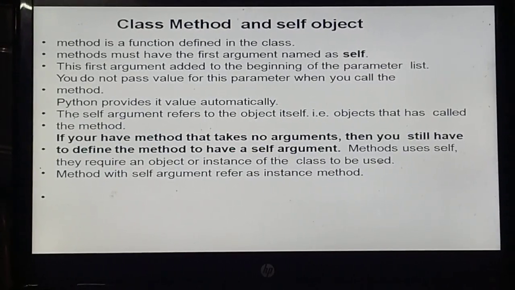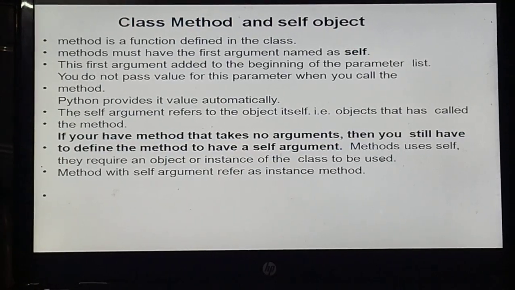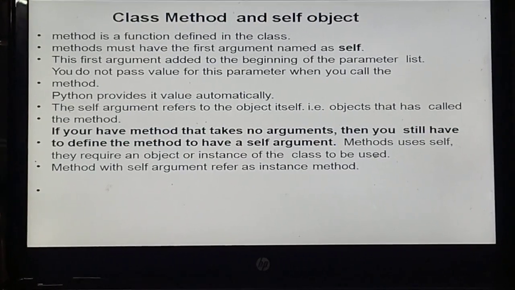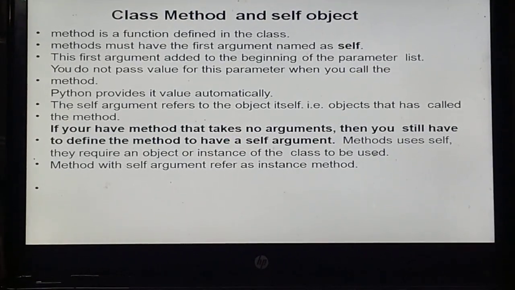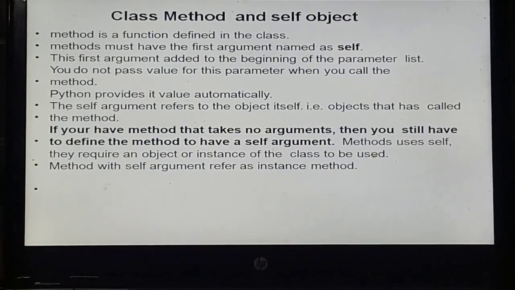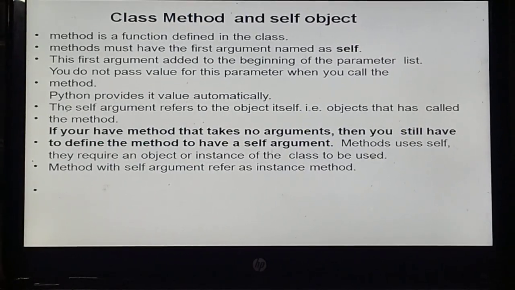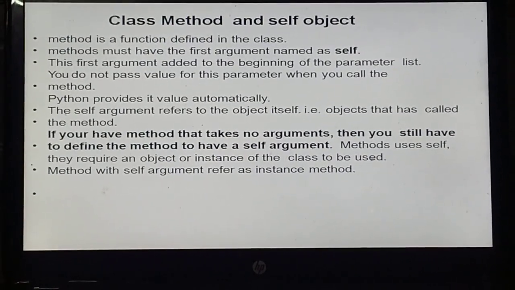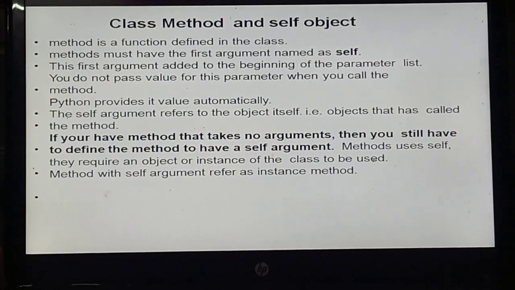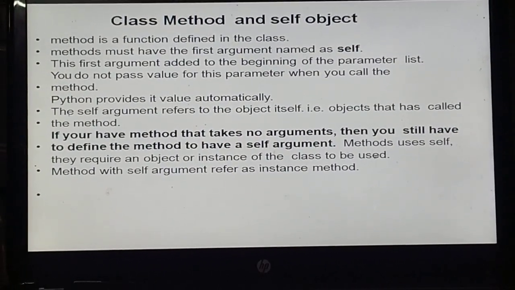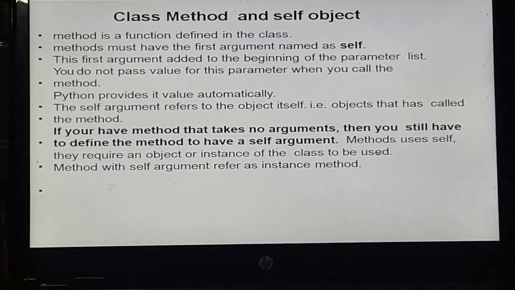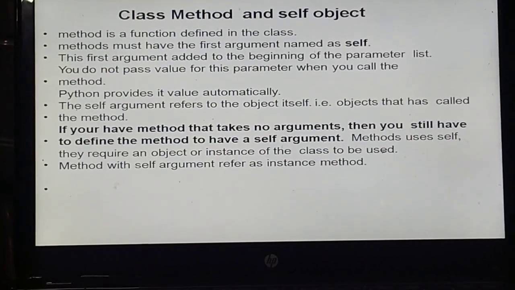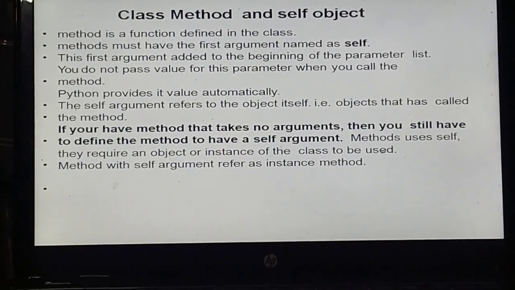The self object is the reference to the current instance of the class and is used to access variables that belong to that class. Even if a method takes no argument, it should be defined with the self parameter. Suppose we are not defining any other parameter with the class method, we still have to define the self argument. For example, if a function is defined to accept two parameters named a and b, or x and y, it must actually take three parameters. The first parameter will be self and the other two will be a and b, or x and y.